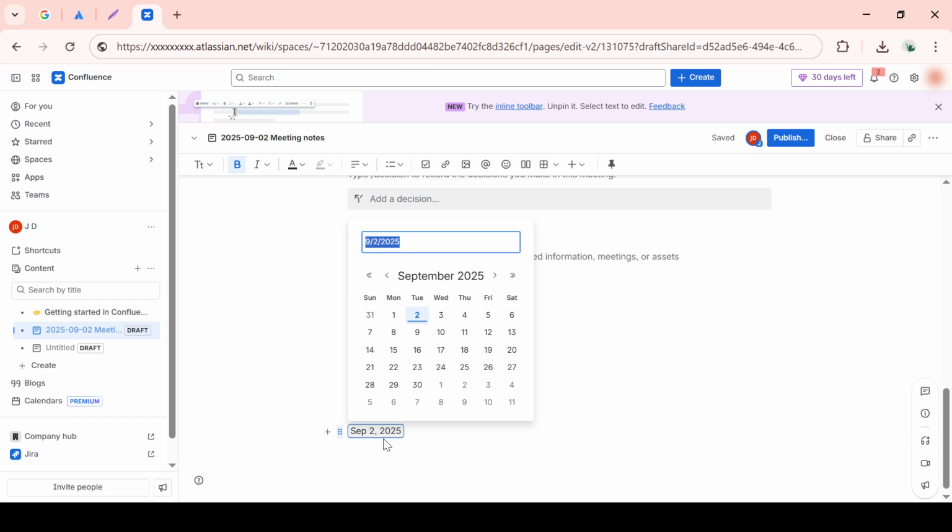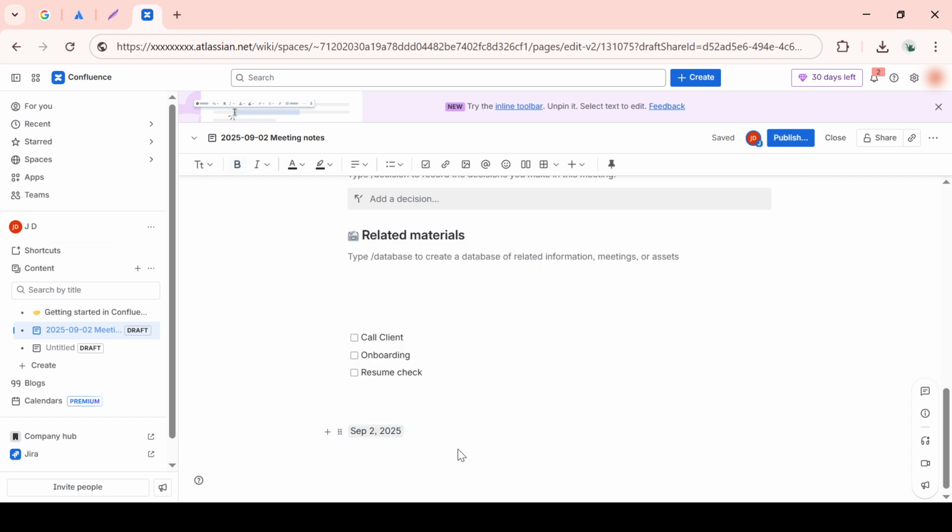Finally, to confirm your selection and ensure that the date is properly entered into your page, check one last time and make any needed adjustments. Once satisfied, the date should appear right where you intended, readily available for anyone who views the page. That's it! You have successfully added a date to a Confluence page. This simple addition can make all the difference in organizing and managing your